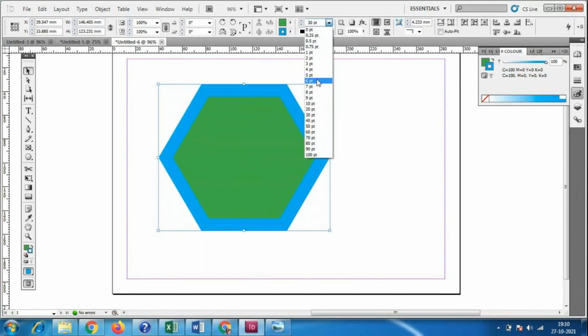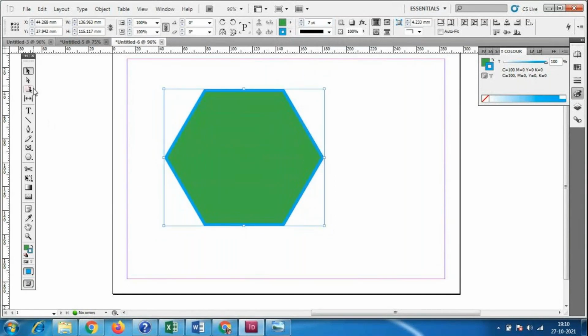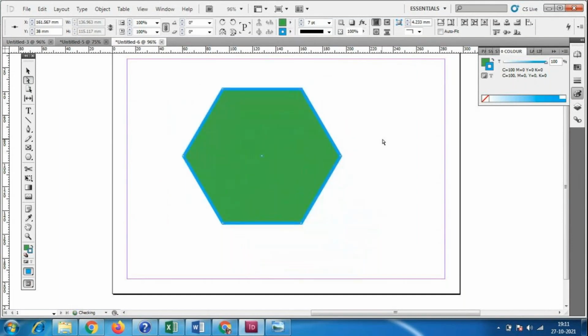The next tool is the direct selection tool. This is the selection tool and that is the direct selection tool. What is the use of the direct selection tool? Whatever points we have, we have some points over here and one point over here, and we can drag those points like this.